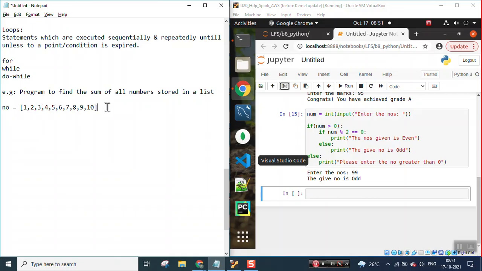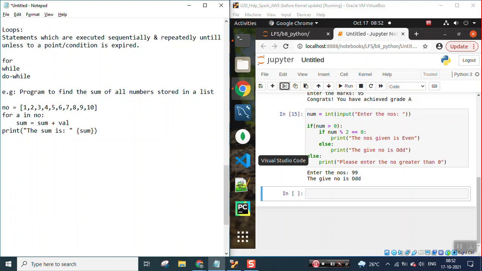Okay. So what we will do is we'll try to write a loop with for. Let's say for a in number, I am trying to write sum is equals to sum plus val. And I'm trying to write a small print statement. Let's say I would say the sum is, let's give a space, and let's give the curly braces and